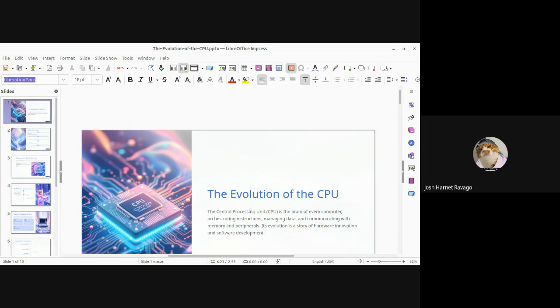The CPU, or classical computing, is one of the cutting edge in terms of our technology, orchestrating instructions, managing data, and communicating with memory and peripherals. So the CPU is really one of the important components when it comes to shaping our technology